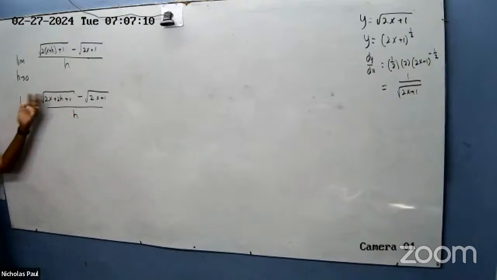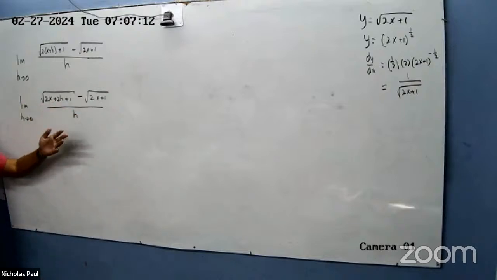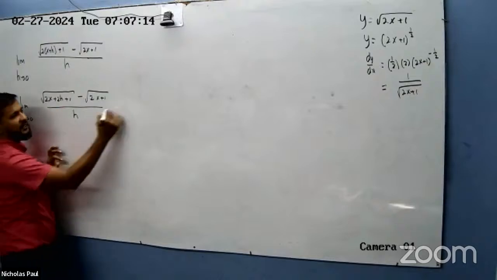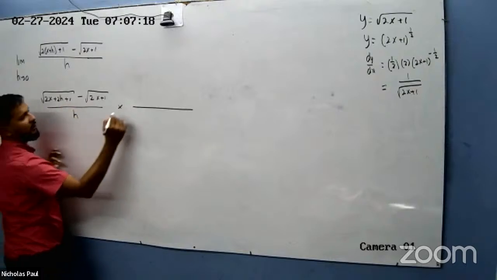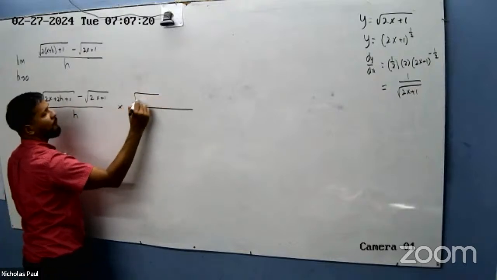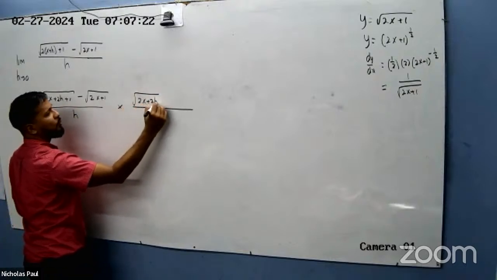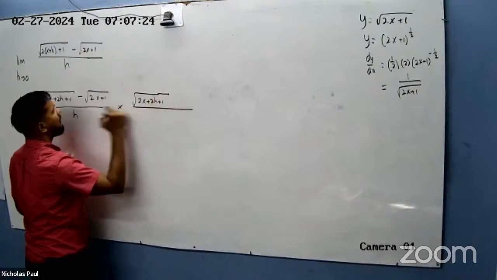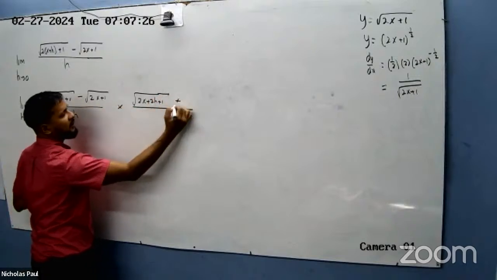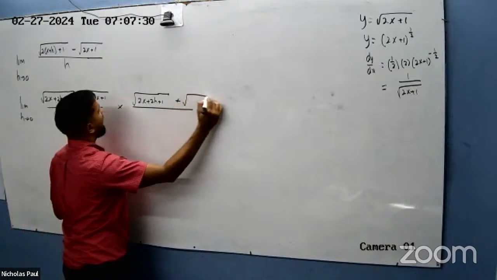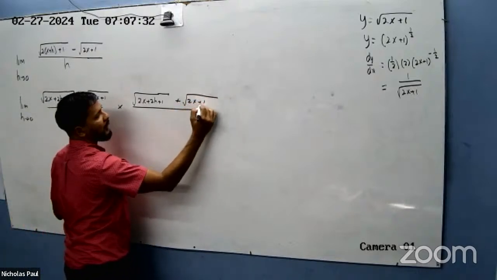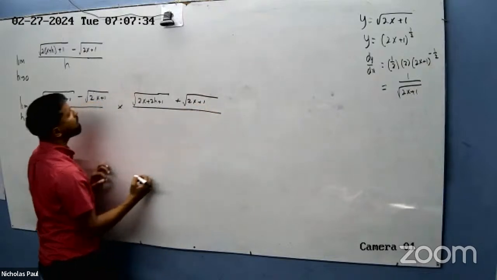The problem is we can't really simplify, we can't divide out h or anything. So once you see this, you multiply by the conjugate of the numerator, which is the square root of 2x plus 2h plus 1, with a plus instead of a minus. Conjugate means you're changing the sign here, plus the square root of 2x plus 1, all over